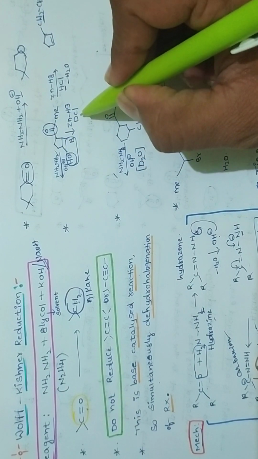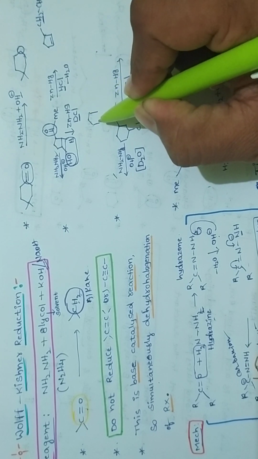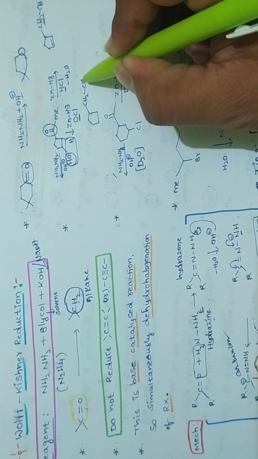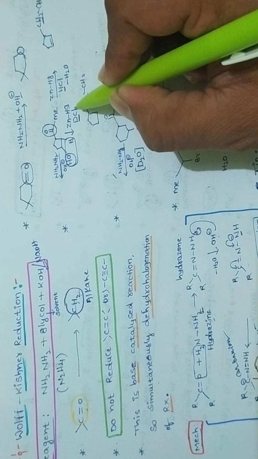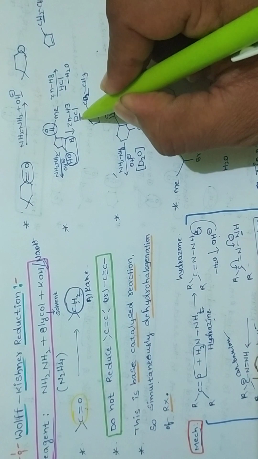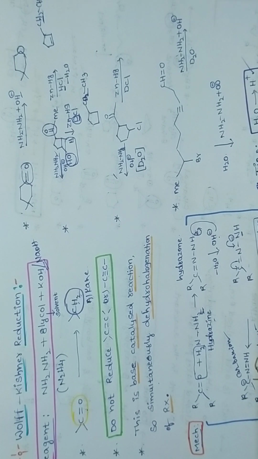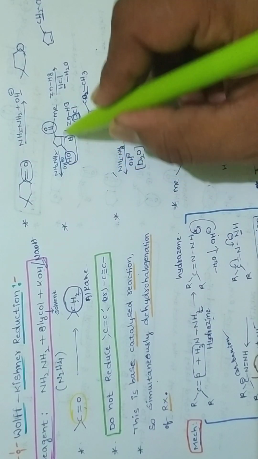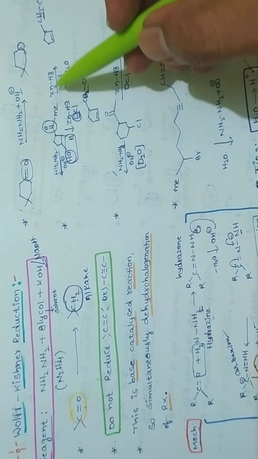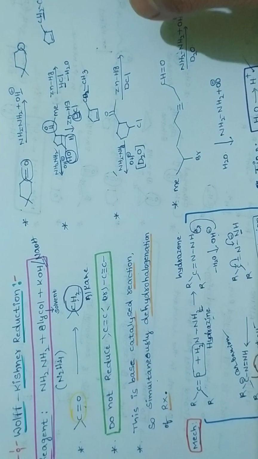Next, the same reaction is given, but if they give DCl, what product are we going to get? If they give DCl, the CO group is converting into CH2 group. Sorry, here DCl is given, which means deuterium we should write: CD2CH3. Deuterium is given, so D2. HCl is given, H2. Deuterium is given, CD2. And here HOH is eliminating, and a double bond is formed, because it is a base sensitive group. That is the Clemmensen reduction reaction.